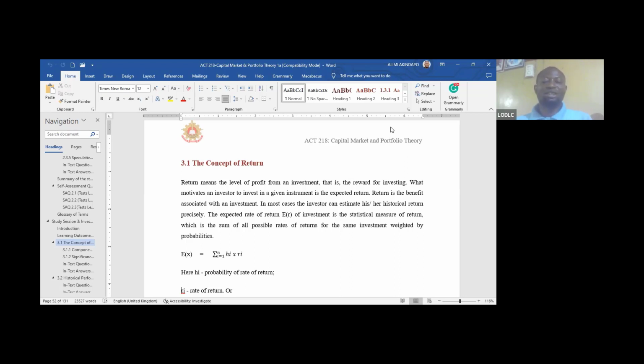So the return is the benefit associated with an investment. In most cases, the investor can estimate its historical return precisely. So the expected rate of return, in a simple mathematical form, is equal to the probability of having the investment multiplied by